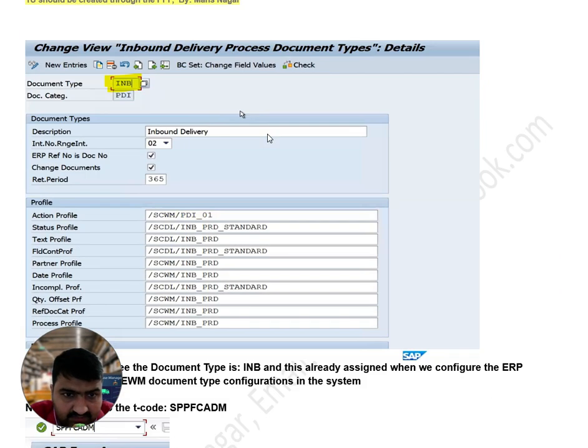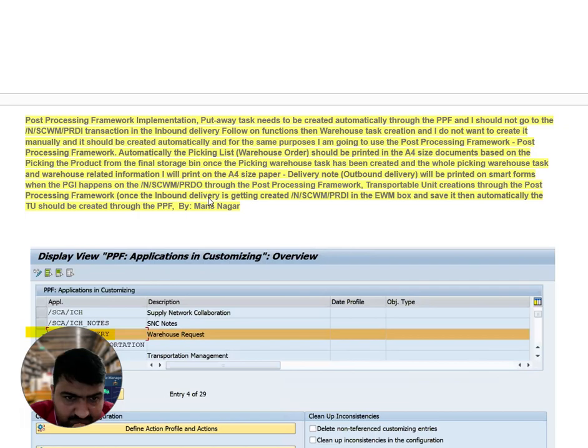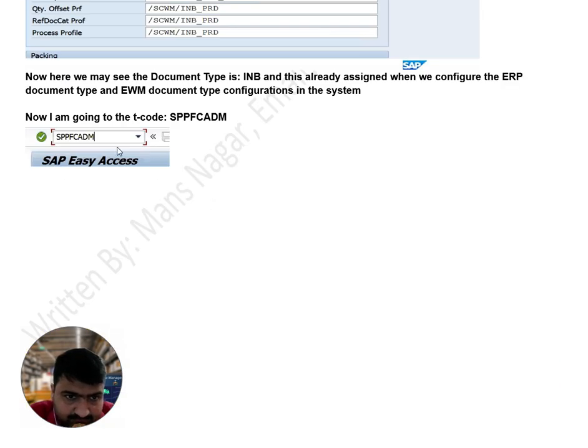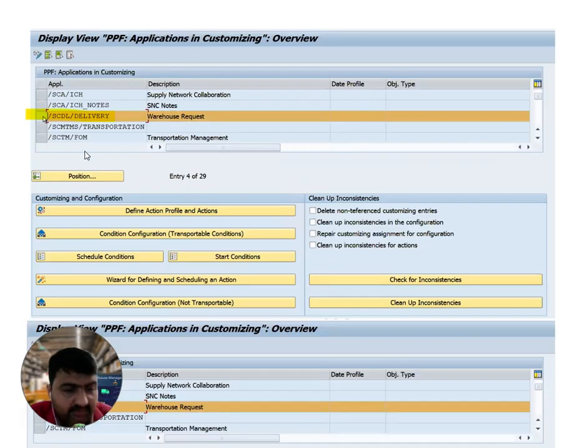Okay, so INB, these are the settings. Now here we may see the document type inbound delivery, and this is already assigned when we configure the ERP document type. Okay, configuration in the system: SPPFCADM. This is a standard transaction or report.